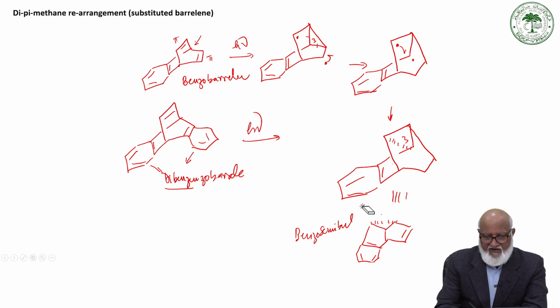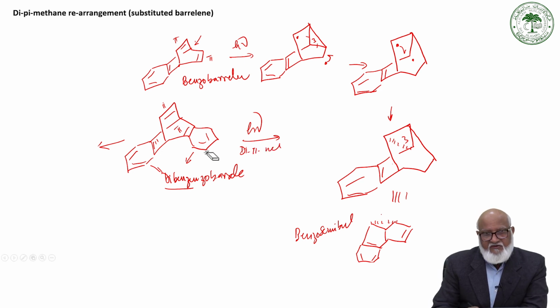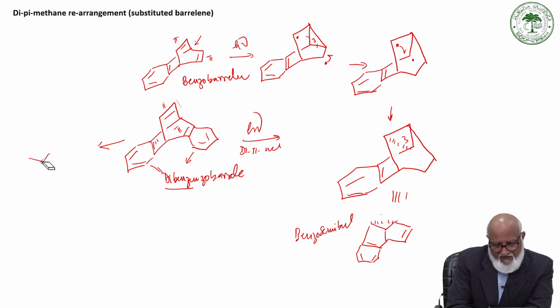semibulvarene as the product, whereas same as this one, also incorporating one pi bond, another pi bond, or any of these two pi bonds of the benzene ring can participate for di-pi-methane rearrangement, to give the similar type of product. So writing similar way, cyclopropyl radical, cyclopropene with a diradical, and opening of the cyclopropene. So ultimately the product which we will get after di-pi-methane rearrangement, which will look like this.